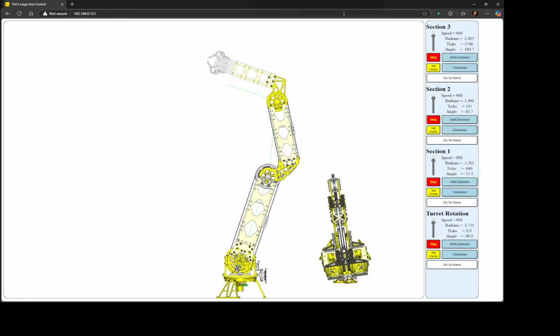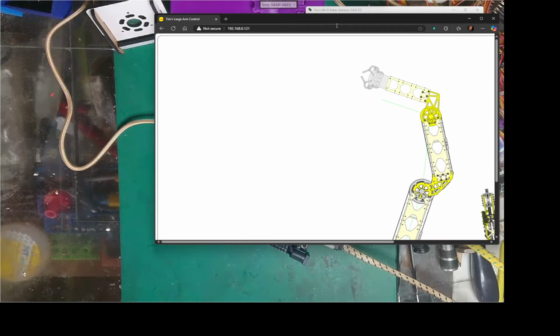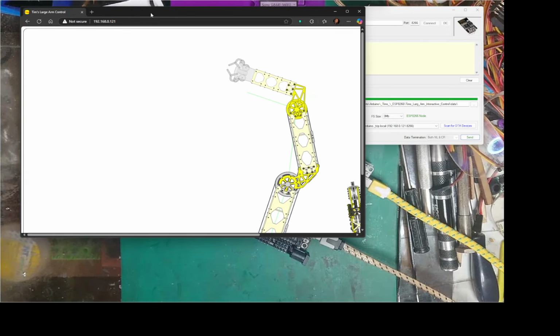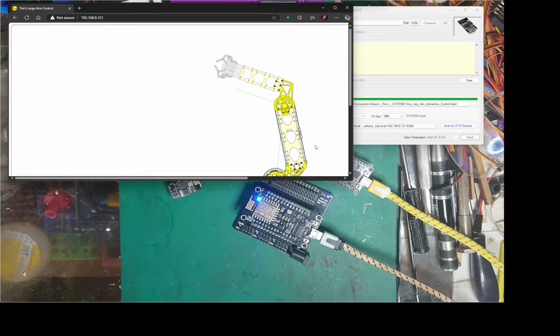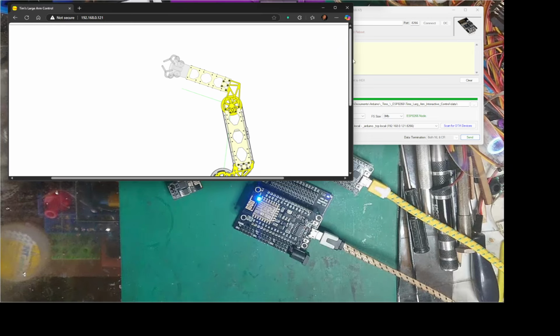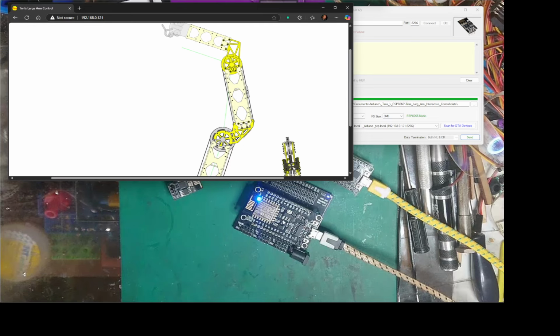We've now got our interactive arm, which is all on the ESP. This is what I love about this ESP and using a web server and such things. We've got our arm there, all on this little ESP down here. But this ESP isn't doing all the work. It's not redrawing all these arms. So what you need to understand is